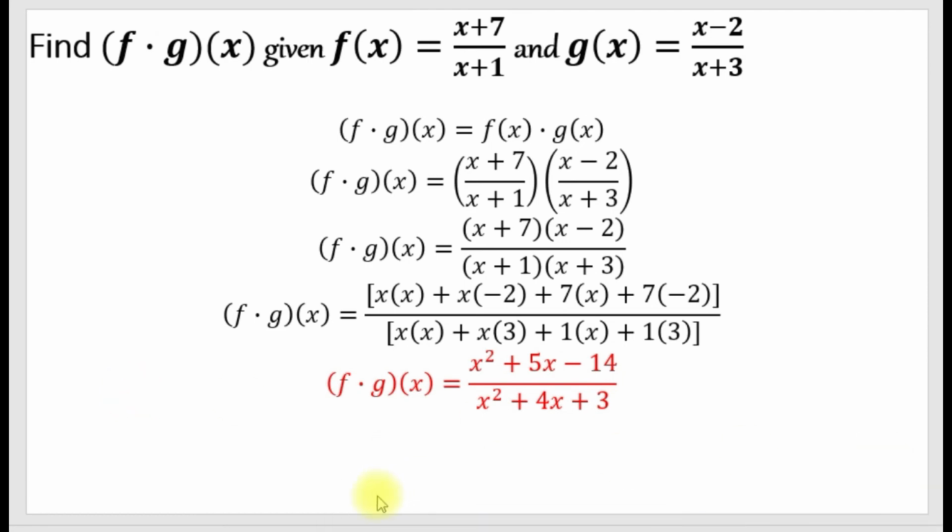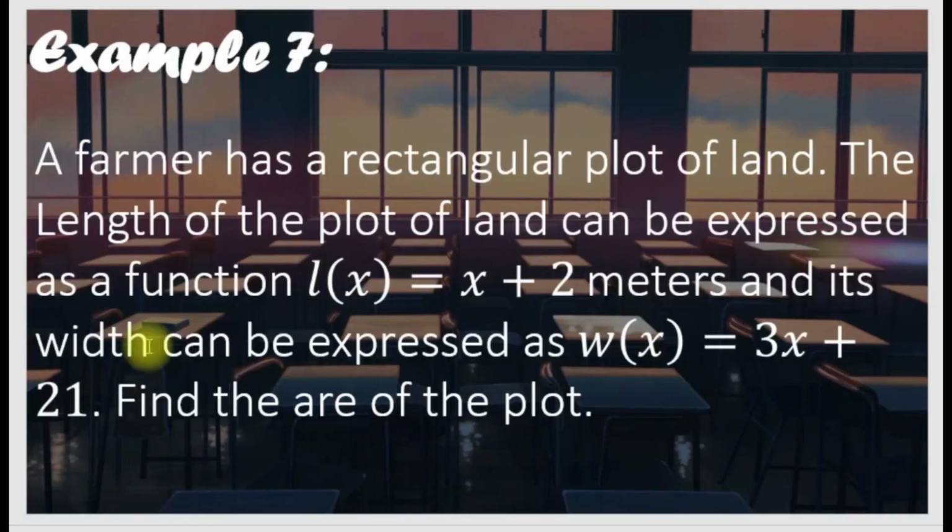Okay? So this time, we're going to have a worded problem. A farmer has a rectangular plot of land, and the length of the plot of land can be expressed as a function L of x, which is equal to x plus 2 meters. And its width can be expressed as W of x is equal to 3x plus 21. Find the area